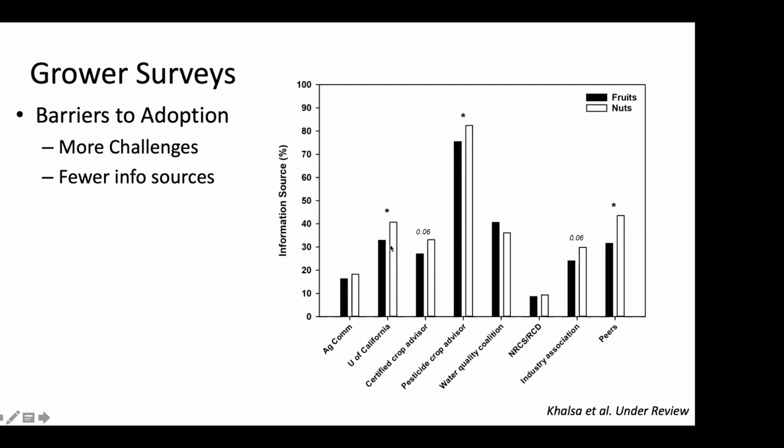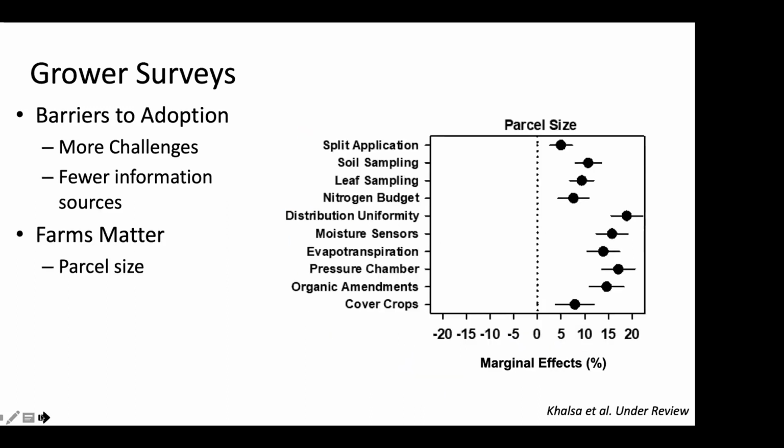So not only are fruit growers experiencing more challenges with these practices, they're also identifying fewer information sources. So they have less resources and knowledge available to them to adopt those practices. So let's move on to more general findings that have to do with